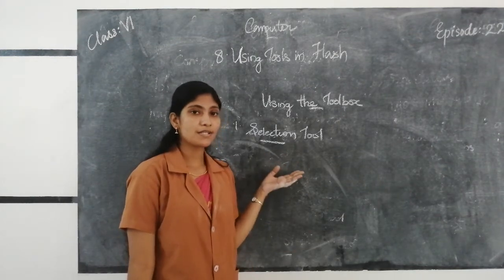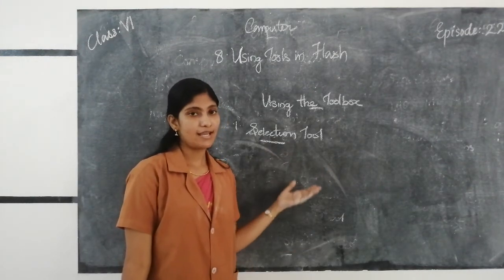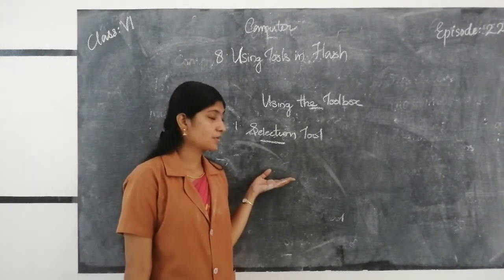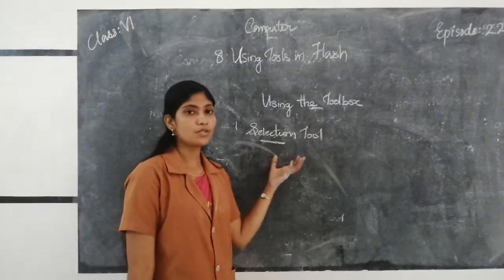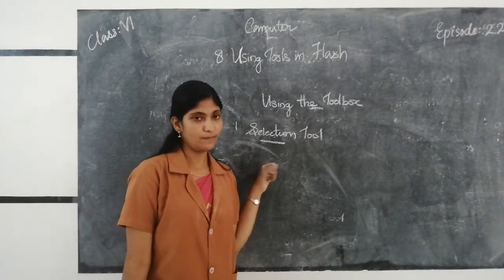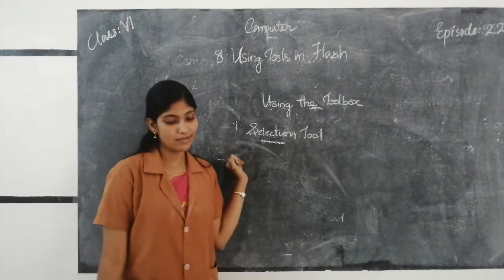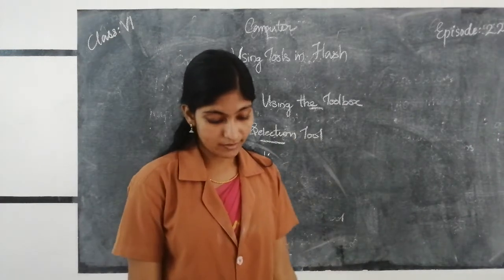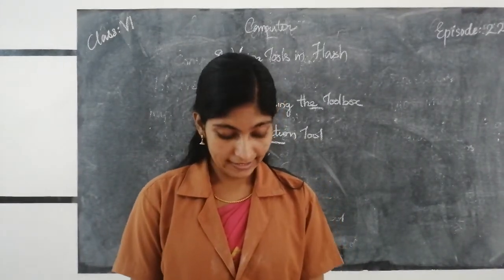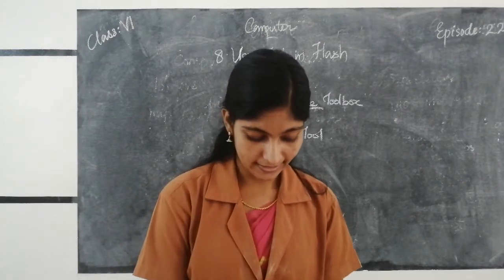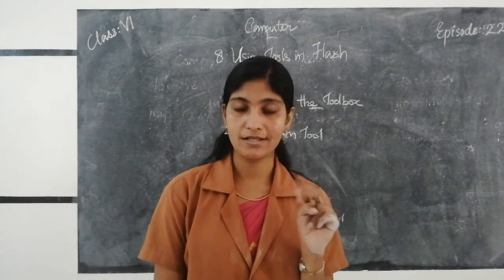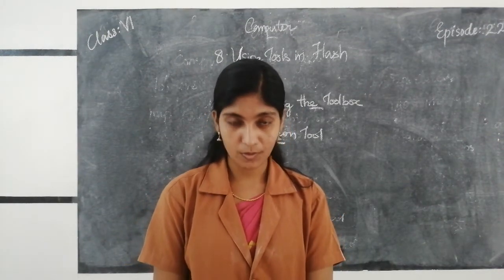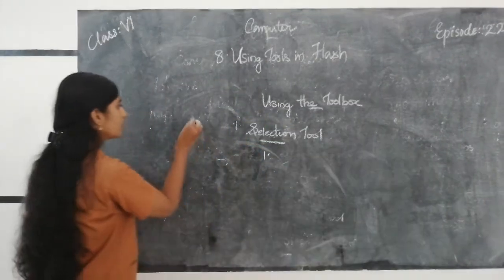So here we are going to discuss the steps for selecting an area using this tool. There are some steps. First, click on the selection tool. Then click on the fill, and the filled part of the object will be selected. So here there are two parts: a filled part, and the second one is the stroke or outline part.